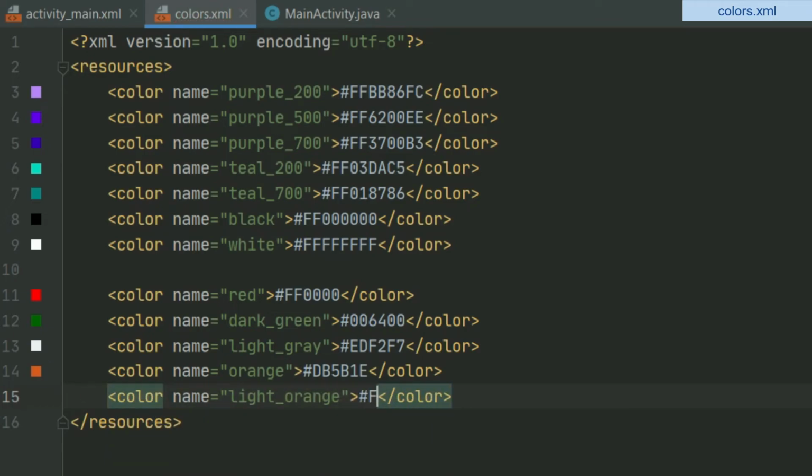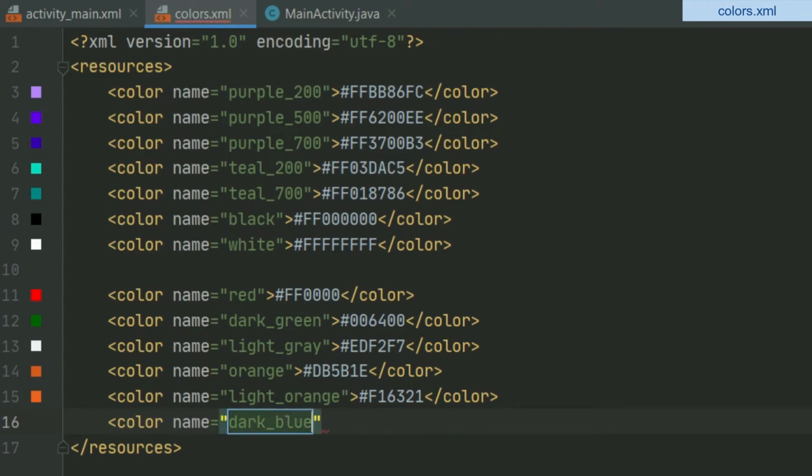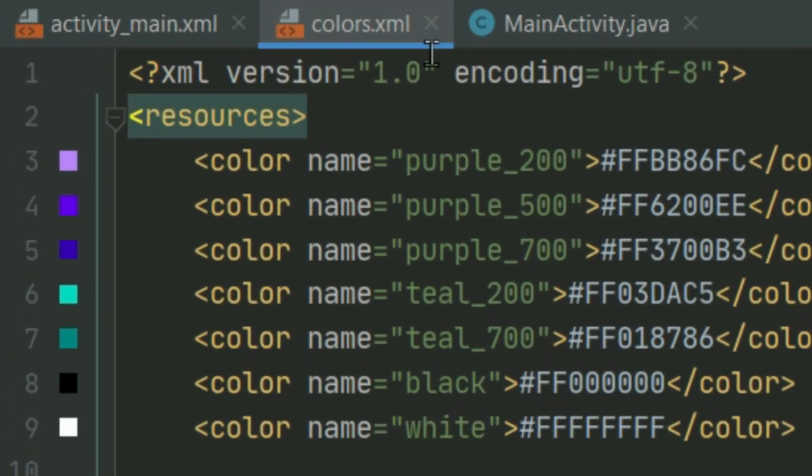I'm defining these colors to match the layout of the theme that we are creating. You can define other colors, that's totally up to you. Now coming back to the layout file of the main activity,